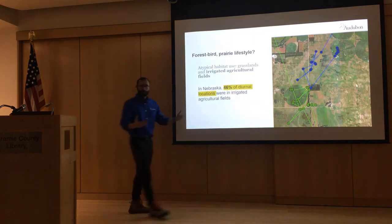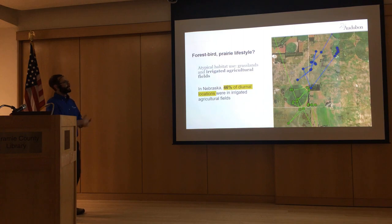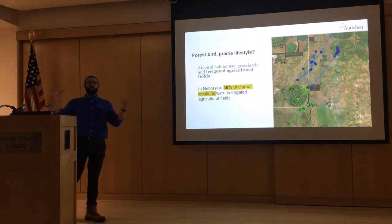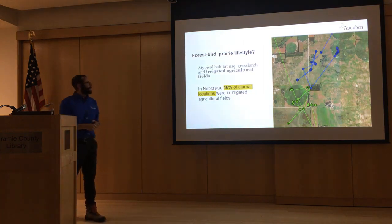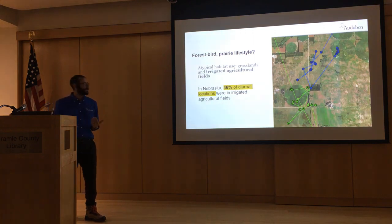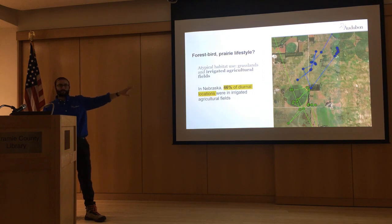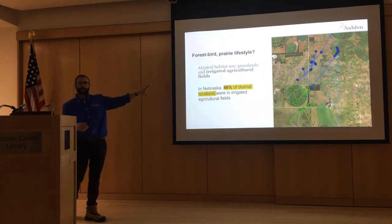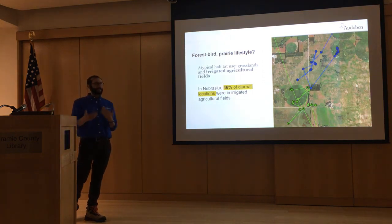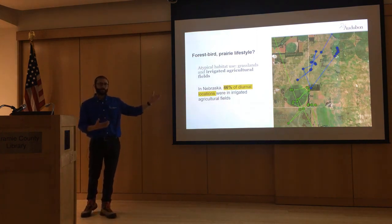That's like a cornfield or a big soy field. And again, a lot of eastern Nebraska is like this huge industrial agricultural landscape. Our woodcock, when they would stick around for the summer, seem to gravitate to these, particularly later in the season, like peak growing season for these crops. The points that you see in what is kind of restored prairie grassland there, those are mostly nocturnal roosting locations. That's pretty standard fare for a woodcock, save the fact that this is like half sandhills prairie, which